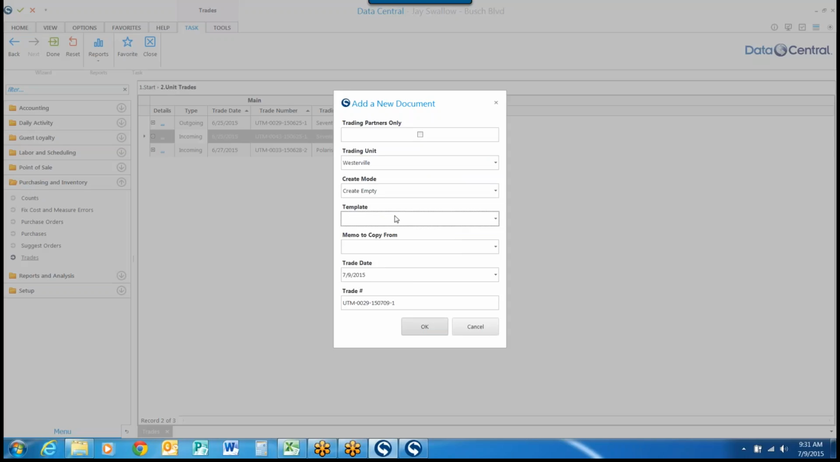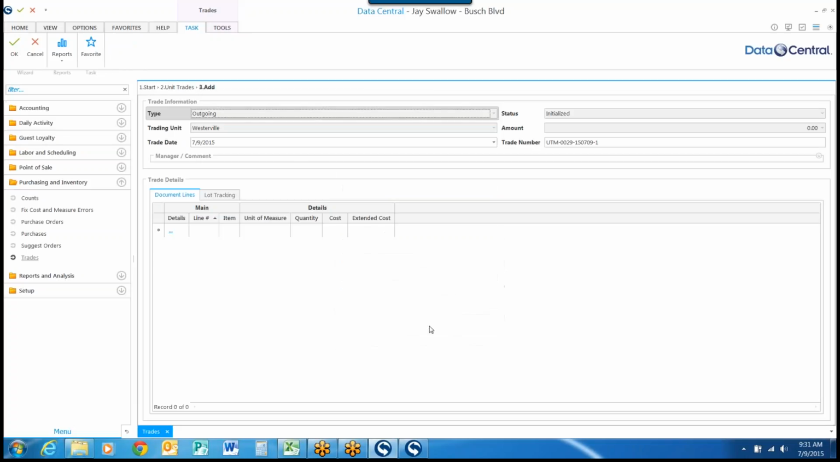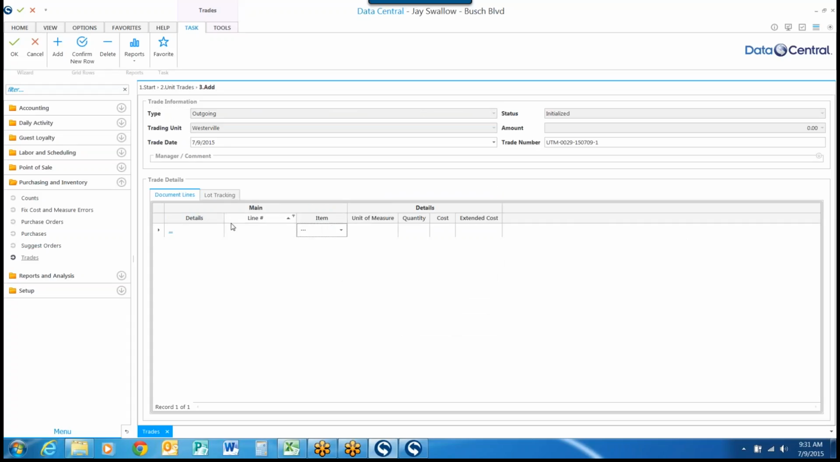There is no template for trades. There is no memo for trades. I would select my trade date, and then it would assign a trade number. At that point, I would select OK, and it's going to create a trade invoice for me. I can then navigate to the